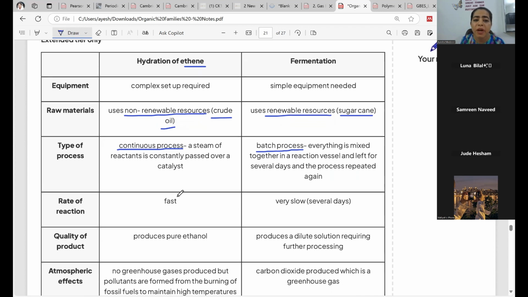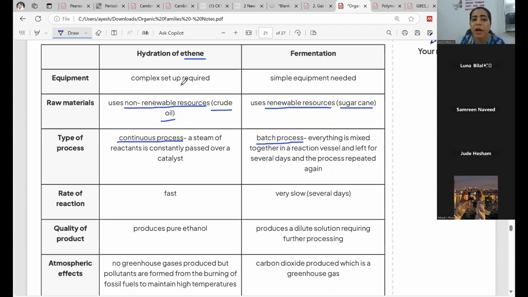Hydration of ethene is going to happen quickly, so the rate of reaction is very fast. Speed will be fast. Fermentation is very slow. It takes many days to happen. Quality of the product: at the end of the hydration of ethene, the ethanol that you are getting is